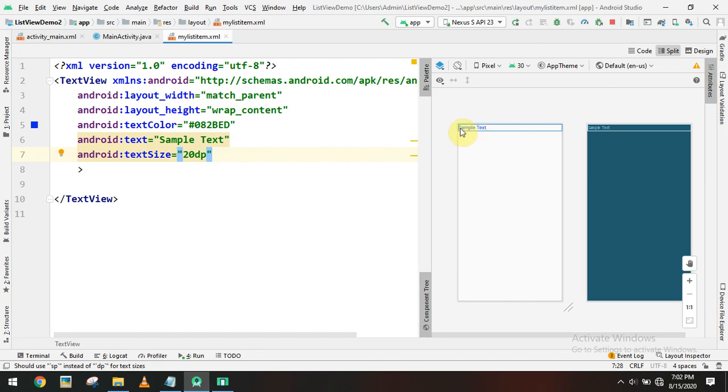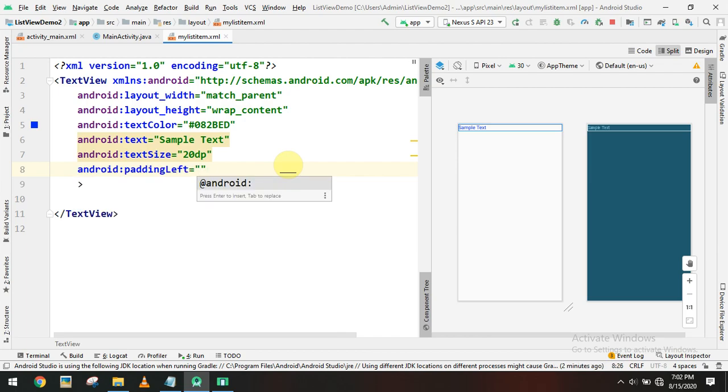And if you want to give some padding inside the text, left padding or right padding we can set. Here I am setting padding left equal to 10 dp. So the left side will be getting a small space, right? So whatever configuration you want to make for the list item, we can do that here.